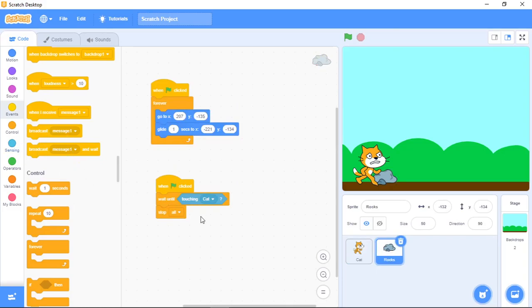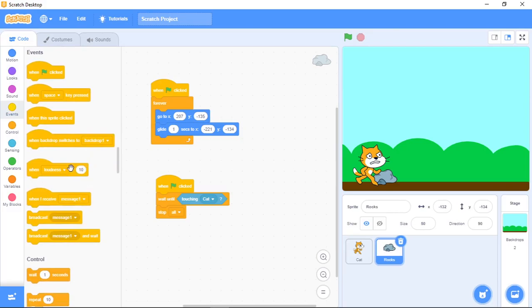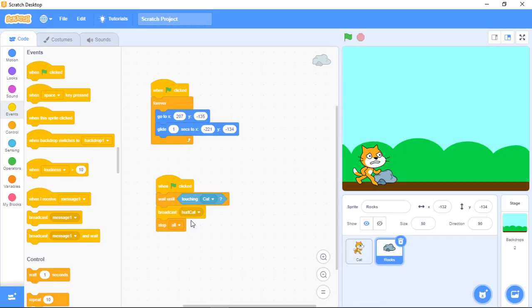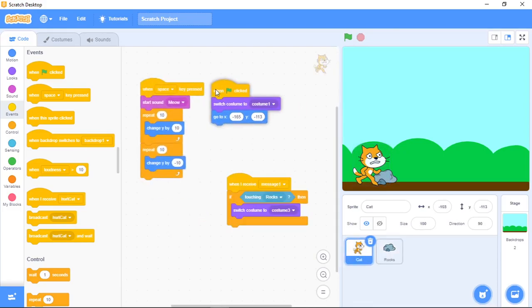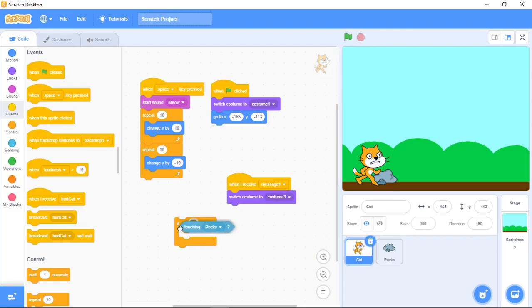If wait until touching cat, then let's try to switch or broadcast an event here. Let's try to do it this way. Let's have hurt cat. So it will be broadcasting communication to the script that the cat sprite here, and we want to go and switch to costume 3. Let's try to test this out,